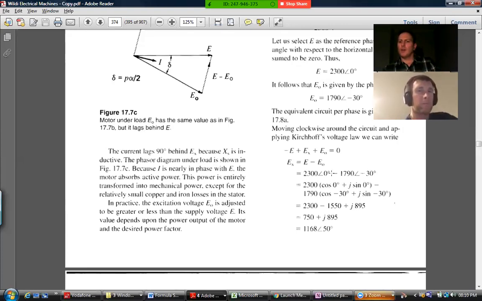But once you've got that E naught and that 30, it enables you then to break it down into the rectangular components, the real component and the imaginary component, because one of them happens to be 0 anyway. Once you've got those components, we can then add things and end up with the real part and the imaginary part, and you can convert it back to a number with an angle, so that you can actually visualize it as a phasor. So that one there that they found here is EX. So it's this thing here. They found it mathematically. That number then is 50 degrees between there and there,